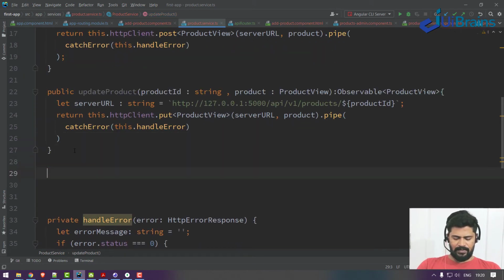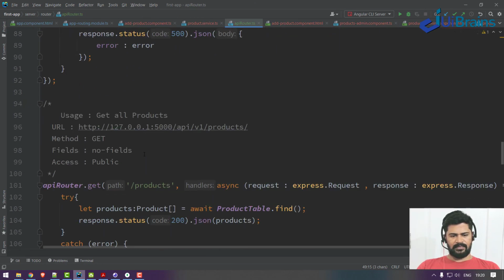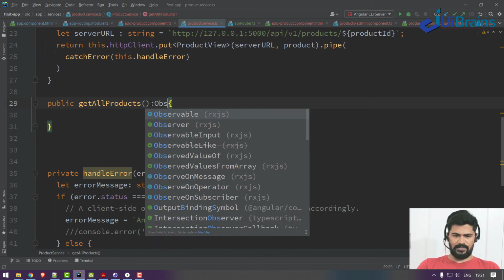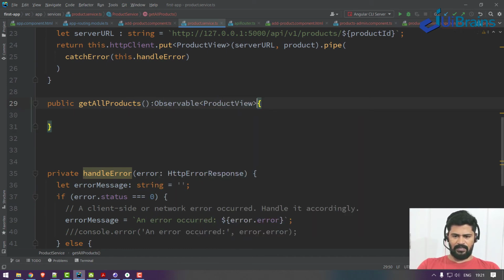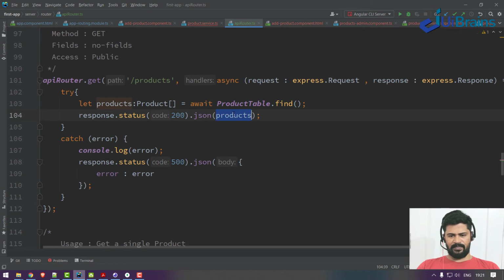And lastly, I want to get all the products, so public getAllProducts. This doesn't take anything, because get all products doesn't take any parameters, no fields, and this is the server URL. Copy. So this returns an observable of type ProductView array, an array of products you get.